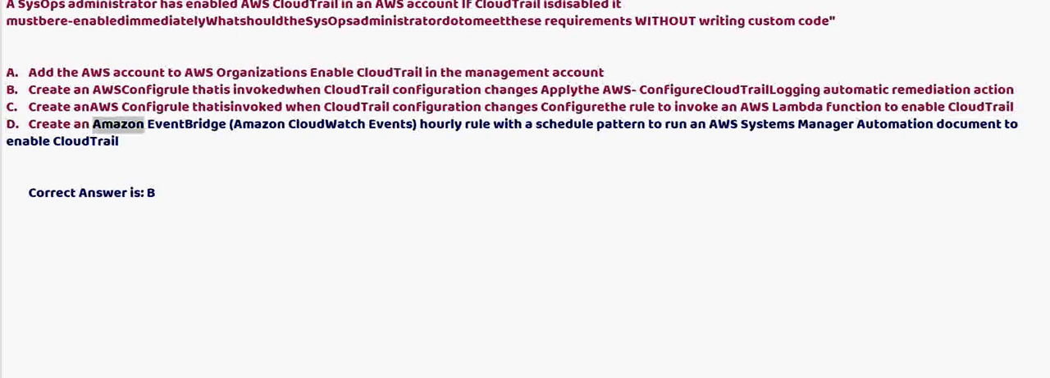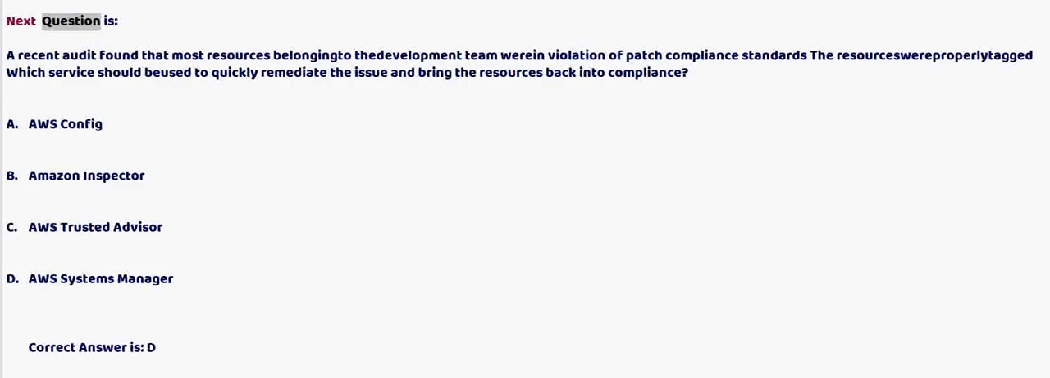D. Create an Amazon EventBridge (Amazon CloudWatch Events) hourly rule with a schedule pattern to run an AWS Systems Manager automation document to enable CloudTrail. Correct answer is B. Next question is: a recent audit found that most resources belonging to the development team were